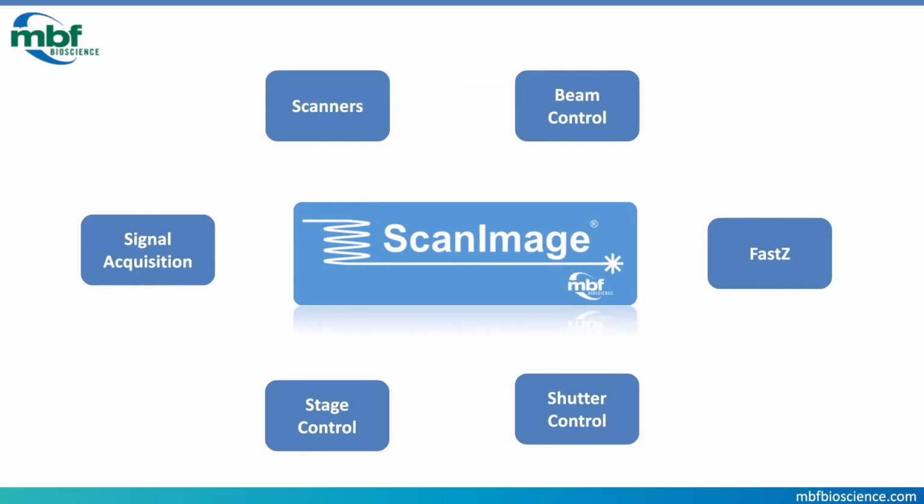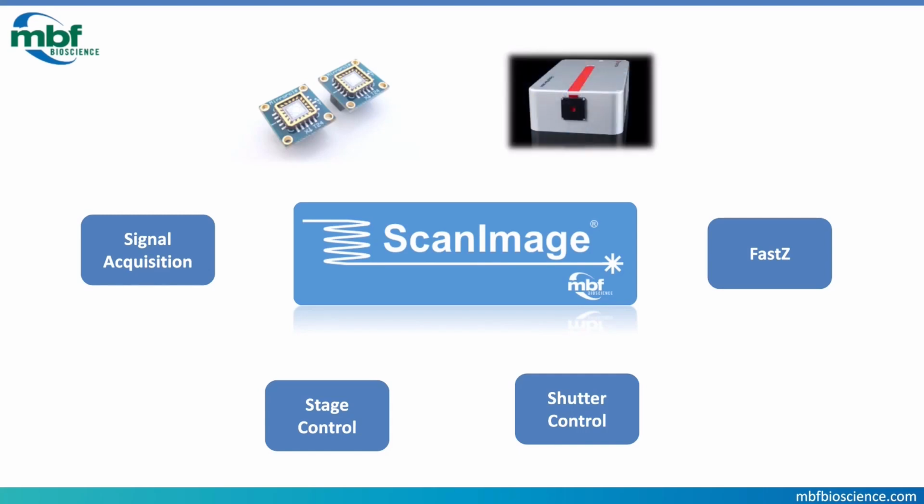We provide generic and product-specific implementations for scanning, supporting resonance scanners, galvo scanners, and also polygonal scanners. But most importantly here, the Miracle MEMS scanners. For beam power control, you can control Pockels cells, motorized half-wave plates, and as described in the MINI2P cell paper, the AOM that is built into the Toptica FemtoFiber Ultra laser. For fast Z, we support piezo objective stages, piezo-actuated remote focusing mirrors, and here we support the electrically tunable lenses like